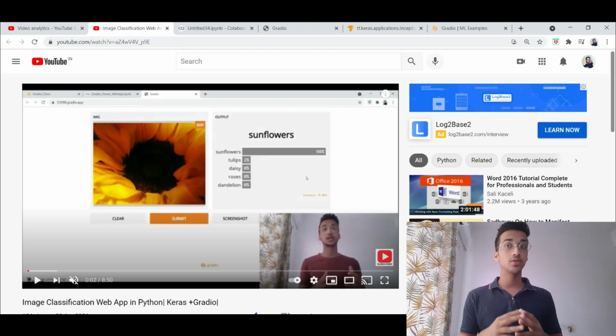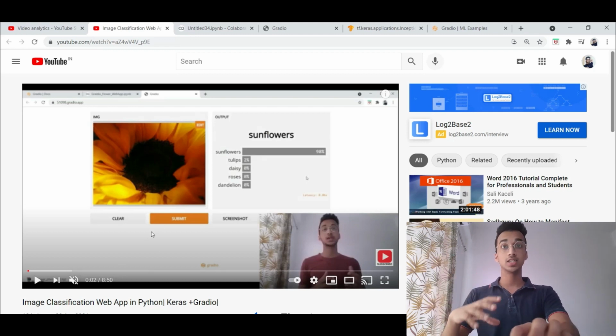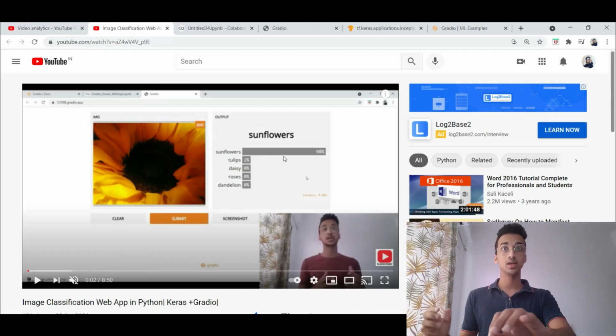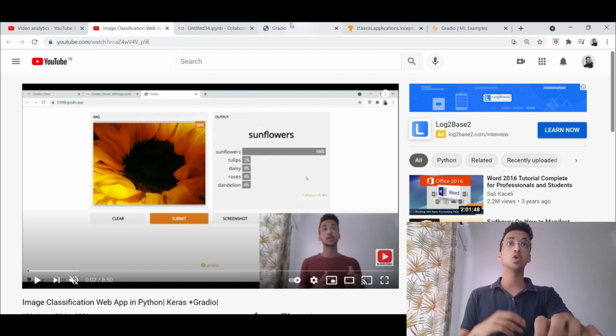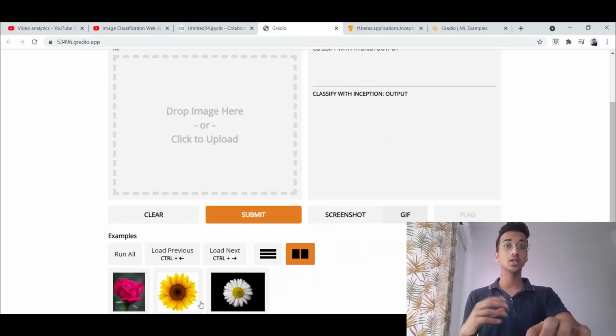I have something very interesting for you guys in this video. In my previous video on building a deep learning web application, I had shown you how to create this flower classification model where you can simply upload images of flowers and get the output on the web page using the Gradio library. But that was still pretty basic. In this video, I'm going to show how to build a web application like this where you can compare the results of different models.